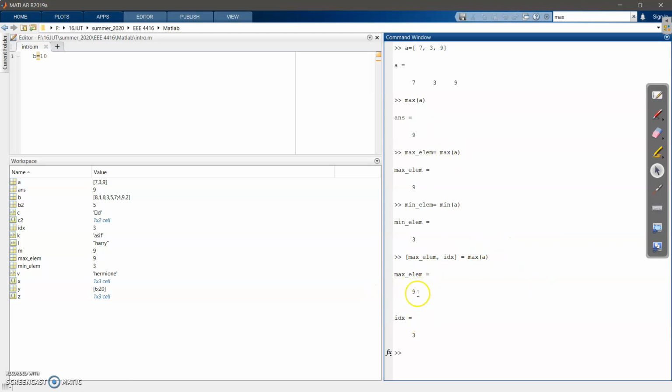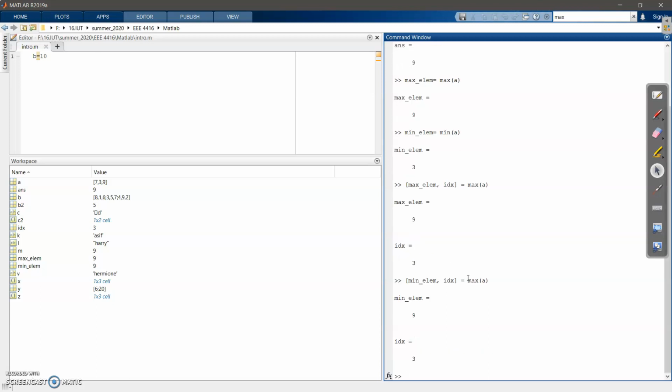If you look at this variable, this 9 is the third element. So using the same function, I can also get two outputs at the same time. This is my maximum element and this is the index of that element. This is 3. Similarly, we can do the minimum element, minimum element index. Sorry,